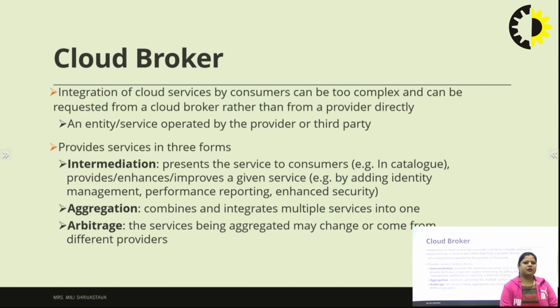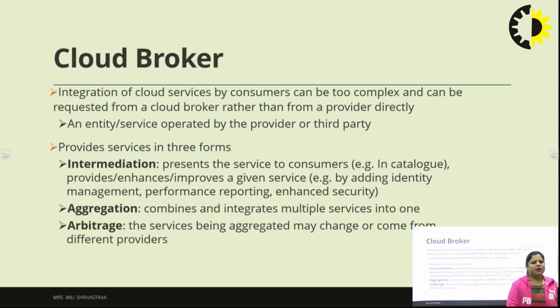Now, next is cloud broker. What is cloud broker? Cloud broker basically works as an intermediate between cloud consumer and cloud provider. Integration of cloud services by consumers can be too complex and can be requested from a cloud broker rather than from a provider directly. An entity service operated by the provider or third party provides services in three forms, basically